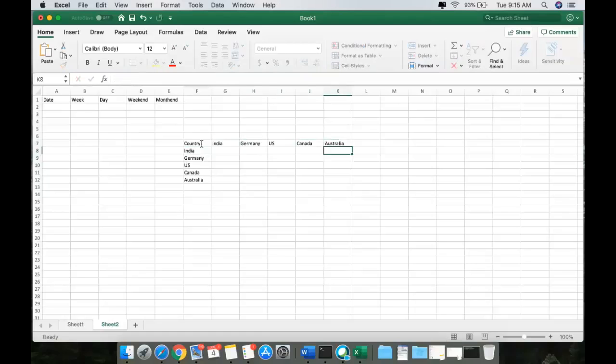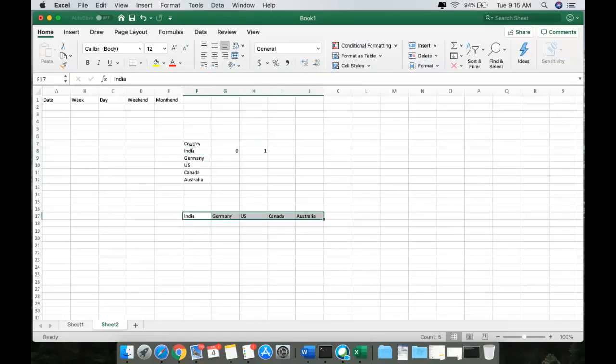So what happens when a new record comes with Germany, right? Okay, let's assume that instead of having India, Germany, US, Canada and all these as rows, I'm trying to have them as columns.